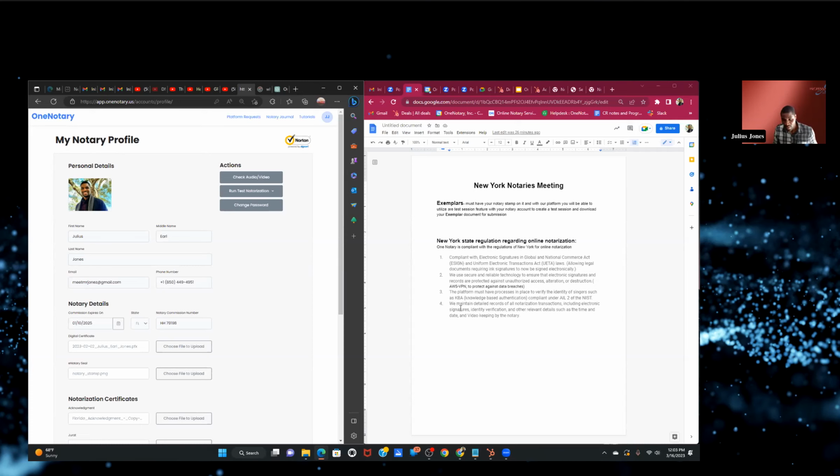And also, we always maintain a data trail of the whole record of the notarization as it's taking place, and also for the signer as well. These are the 4 things that an online notarization platform must be compliant with to be operational. And these are the same 4 things that, if you look within the government site, are listed for the New York State regulations as well.